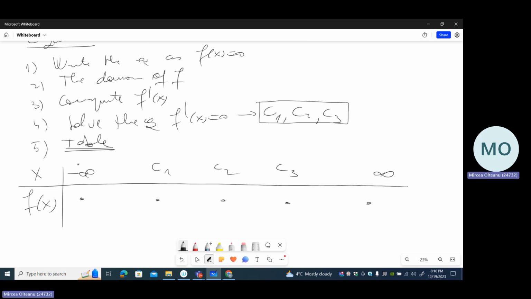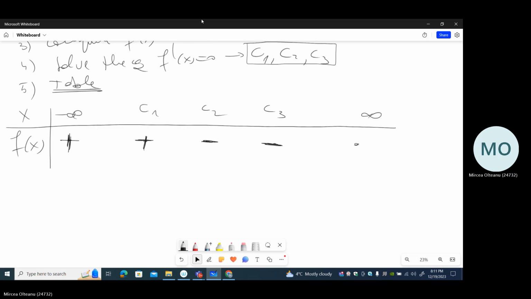So suppose, for example, the limit at minus infinity is 2, then we have here plus. The value at c1, let's say it's 5, then we have here plus. The value at c2 is minus 1, for example, so we would have here minus. Let's suppose here we have again minus, and then we have the limit at infinity. Suppose it is infinite, so it's plus. Okay, so we have here 5 signs, and now the question is, how many roots of f do we have